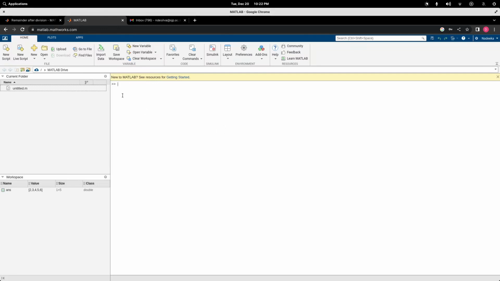The colon operator has a lower precedence than plus. Okay, so for example, if I do this, 1 plus 1 colon 5, here the colon operator has a lower precedence than plus, so the plus will take effect first. So 1 plus 1 will become 2. 2 colon 5 will create a vector from 2 to 5. Okay, but if we change the order and we do this,